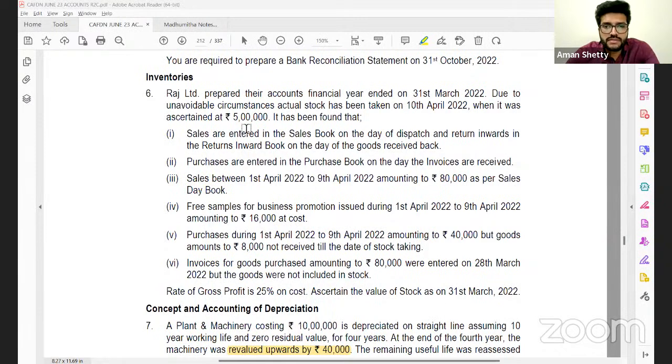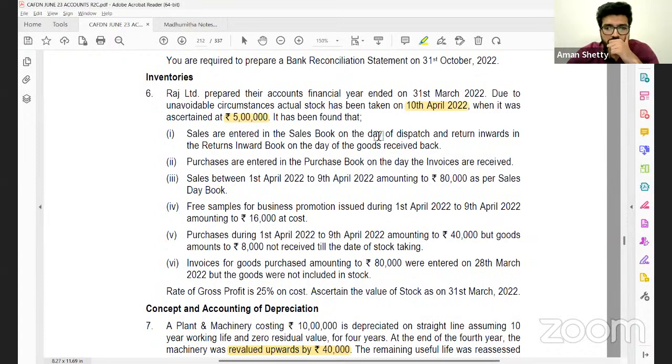Raj Limited prepared their accounts for the financial year ended on 31st March 2022. Due to unavoidable circumstances, actual stock has been taken on 10th April 2022, when it was ascertained at rupees 5 lakh. It has been found that, first one, sales are entered in the